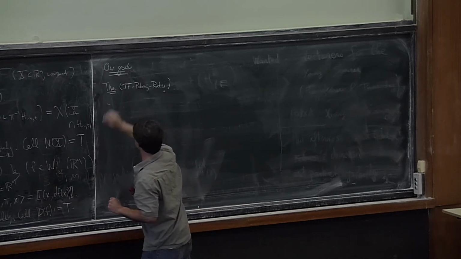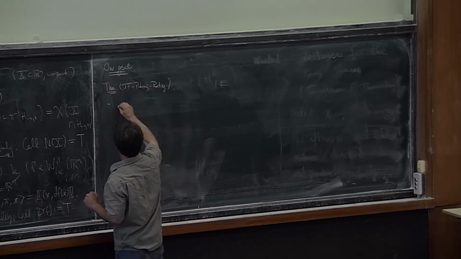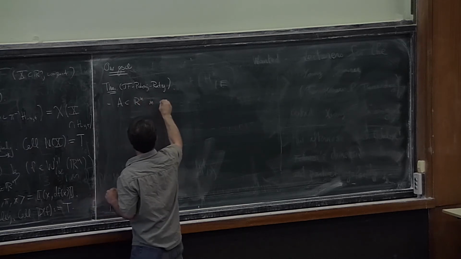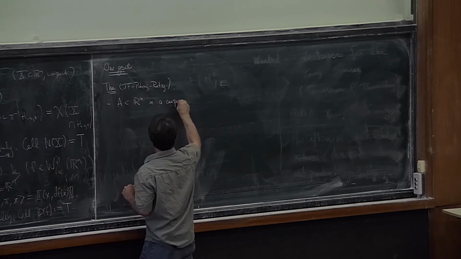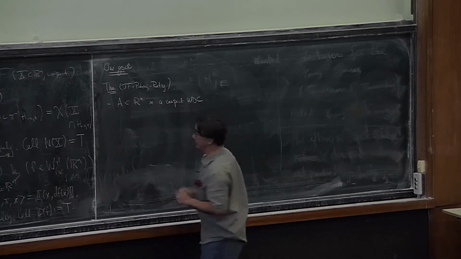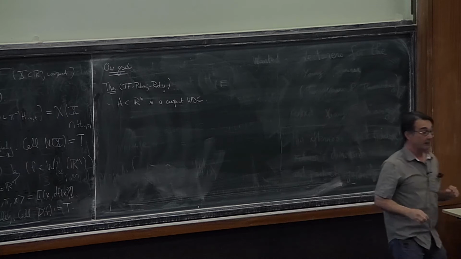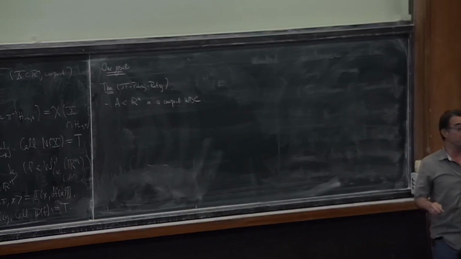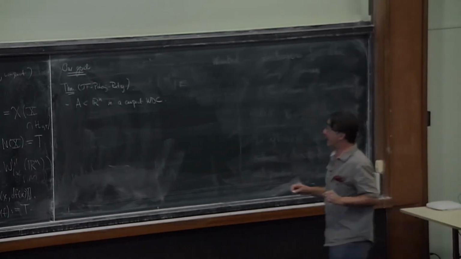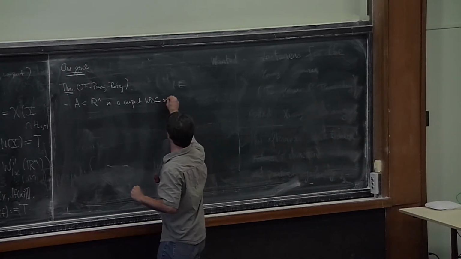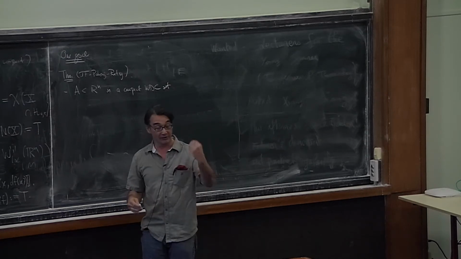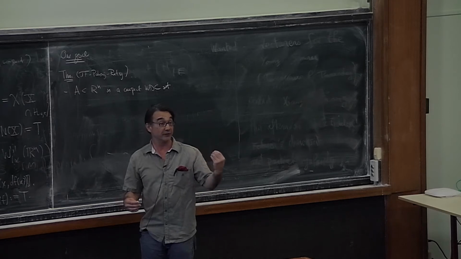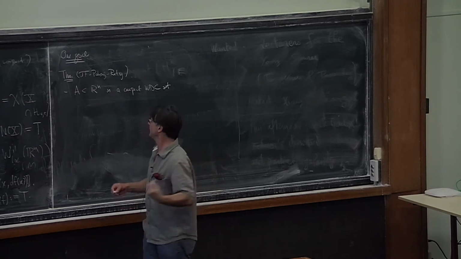So the first assertion is this: suppose A, inside R^n, is a compact WDC set. Let me not define that now, but I'll get back to that. I will certainly define it when it comes up in a formal way again. If A is a compact WDC set, again, let me just say what it is: it's a weakly regular sublevel set of a difference of convex functions. Then,